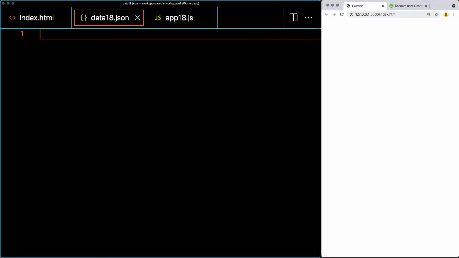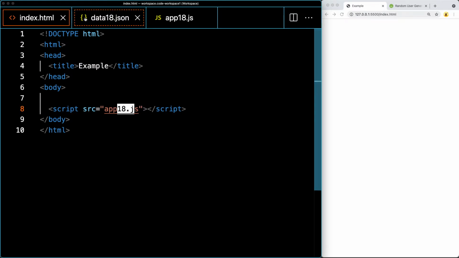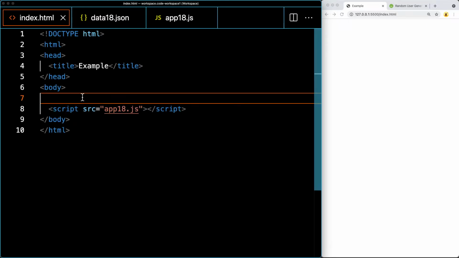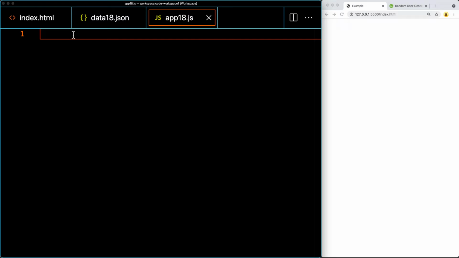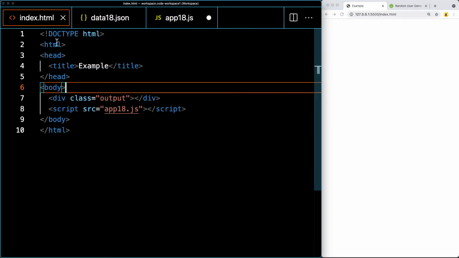This lesson we're going to be looking at fetch. So I've got an HTML file linked to a JavaScript file, and the JavaScript file is in the same directory, and I've also got a JSON file. So let's add in a page element. I'm going to give it a class of output. So this is where we could potentially output some content after we've got a successful fetch request. So going into the JavaScript code, I'm going to select that element with the class of output, and then using the document query selector, make a selection of that element into an object that we've given a variable name of output. And also within the HTML,